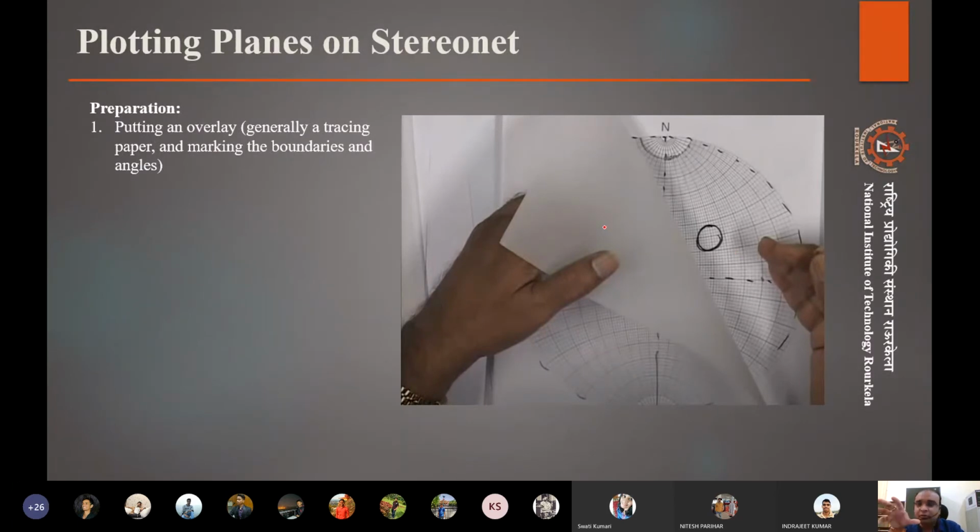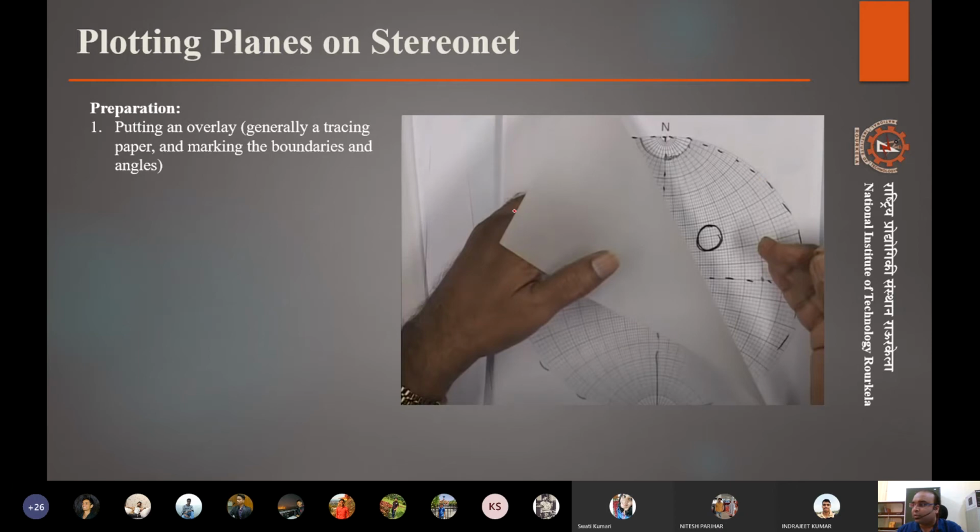Why are we keeping a tracing paper? Because we might have to rotate this whole tracing paper in order to bring our strike with respect to the north-south direction, right? Because every time our plane of orientation will not have a north-south strike, it will have different strikes. So how do we do that? We will see.